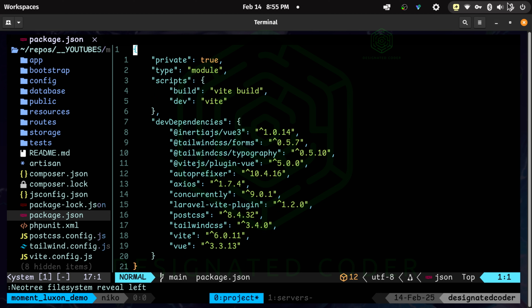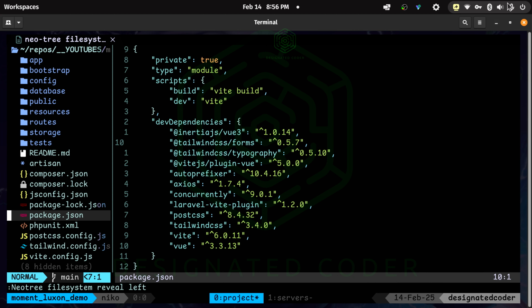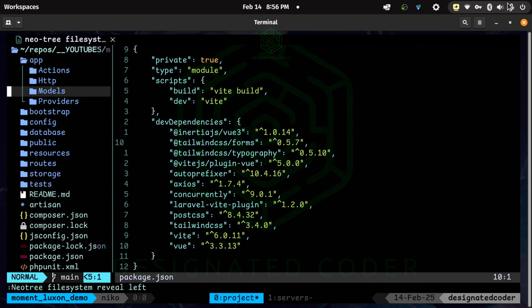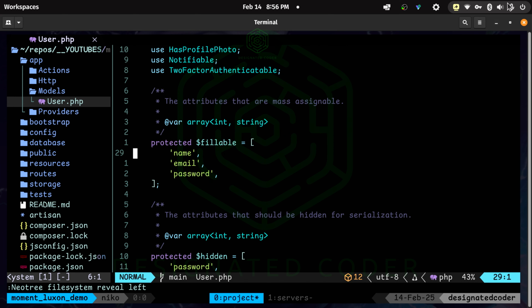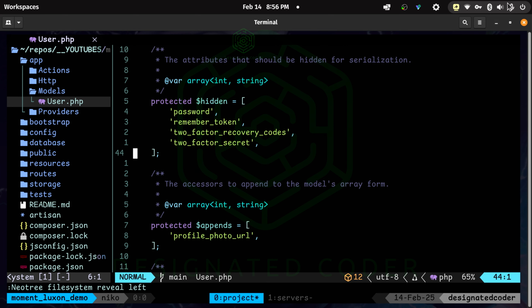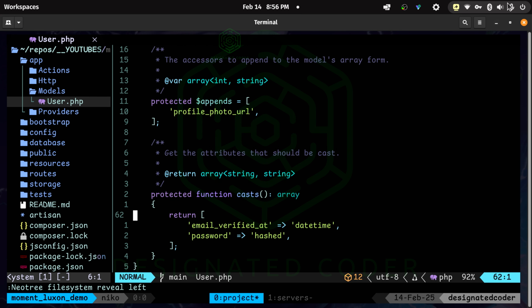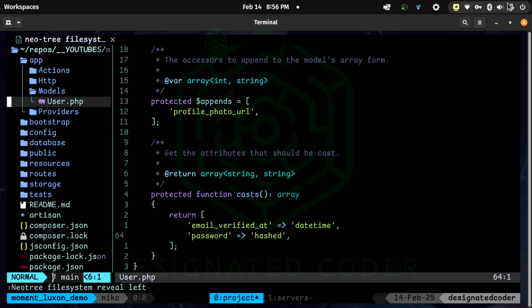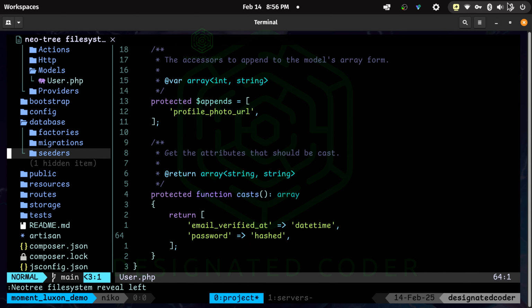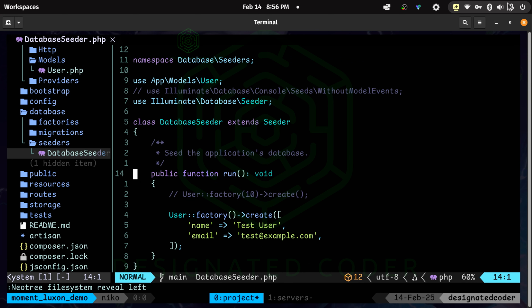If we go to package.json, you can see here we have Inertia with Vue 3 being linked with Jetstream and what have you, but it's very basic. In here, we have Vite included, we have Tailwind included, and Vue obviously included. I want to first set us up with some data so that we can start working with this. The easiest thing for us to do is to go to the app models User model, and I'm just going to make us a bunch of users because it has all the information here, and we can deal with the date and time right on this model. So let's go ahead and go to the seeder and use that.